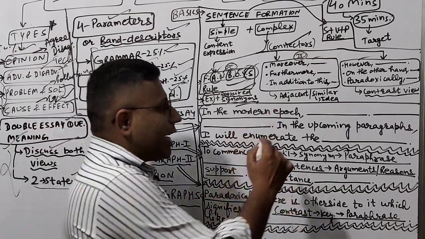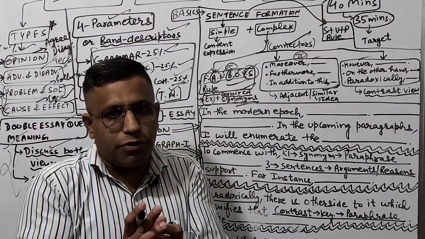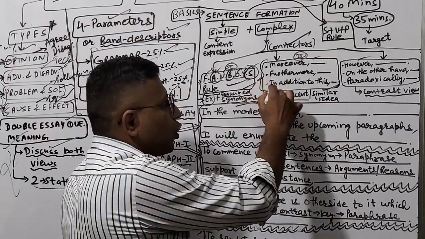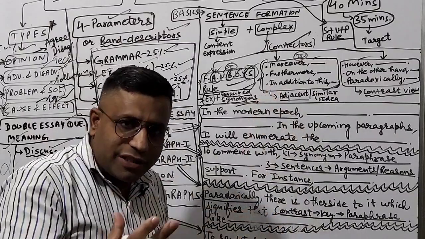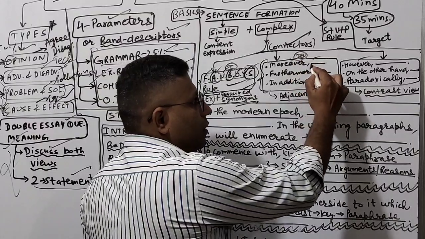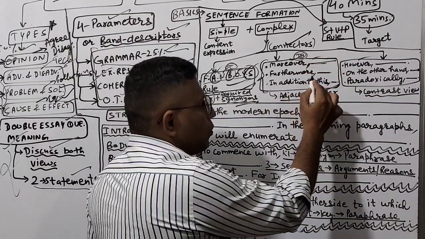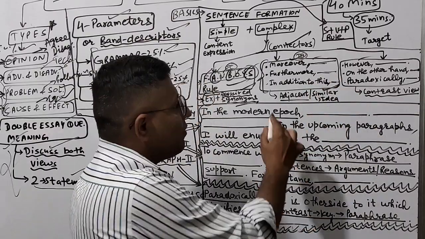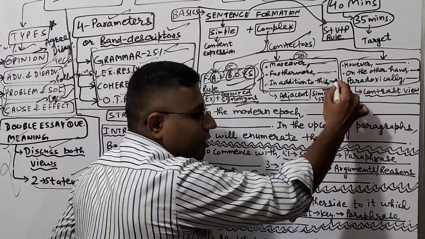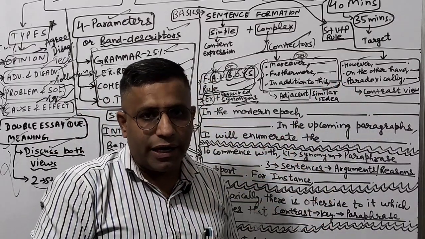Next is, once you write down the similar ideas, the similar sentences related to the first keyword or the adjacent sentences, these 3 are also going to be handy. First, once you have completed a sentence, after the full stop, start with moreover, comma, then complete the sentence. Apart from this, furthermore, comma, then complete the sentence. But they will start always after the full stop. The third one could be full stop, in addition to this, comma, then the complete sentence. So these 3 are definitely going to be handy.